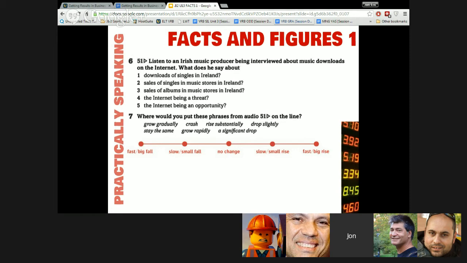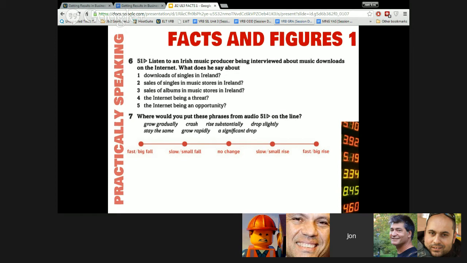Well, like everything else, downloads of singles are growing rapidly in Ireland. They accounted for about 45% of singles sold last year, and that was from legal sites like iTunes. The real figure for downloads is probably a lot higher when you think of file sharing, peer-to-peer, and so on. So it's a problem for the music stores, but they aren't too worried. Sales of singles in-store have dropped slightly, but album sales haven't crashed like they have in the UK. And overall, turnover has stayed more or less the same.